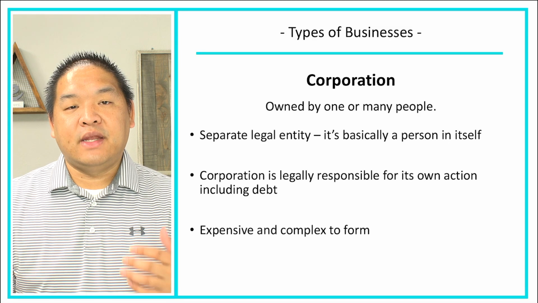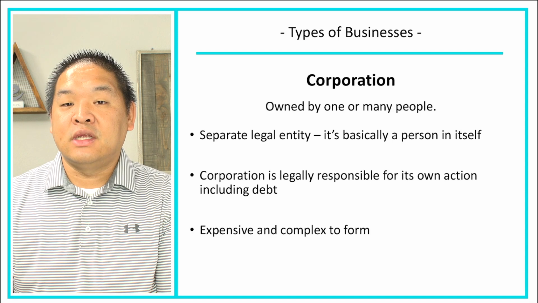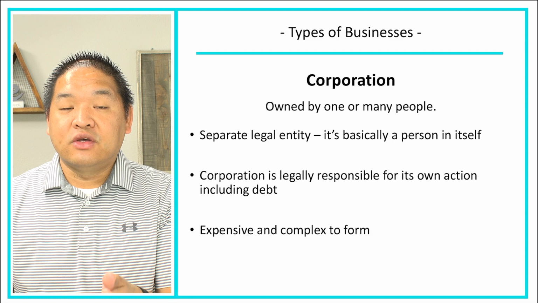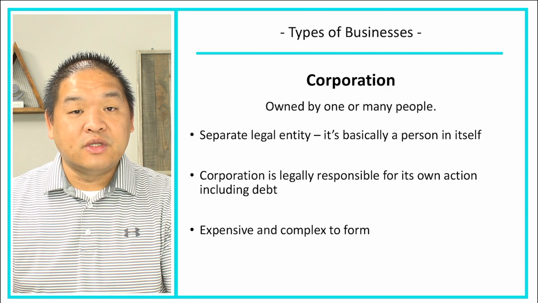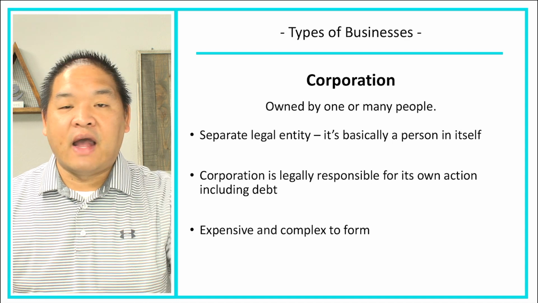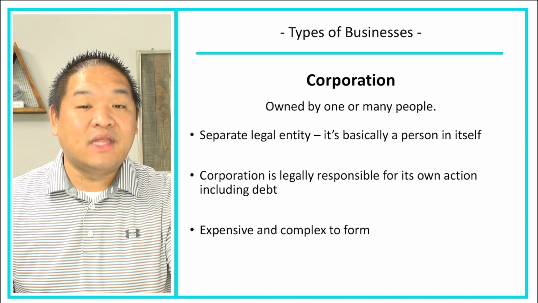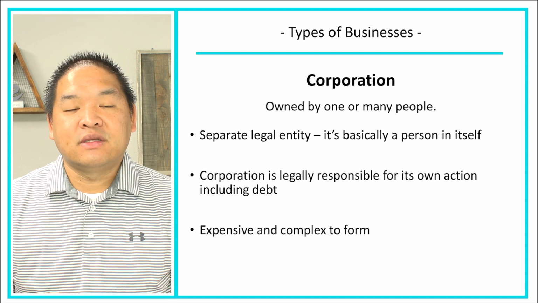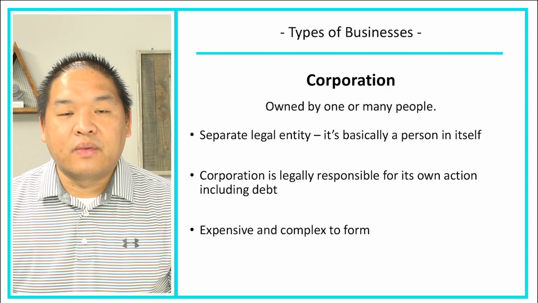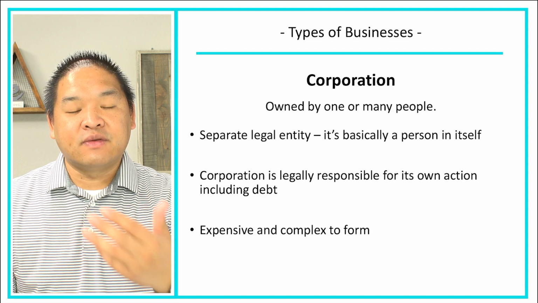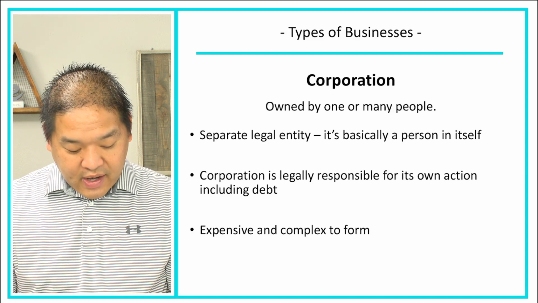Expensive and complex to form. It's relatively not that expensive, but there are expenses associated here that wouldn't be associated with a sole proprietor, for instance. So you might have to incorporate with the state in which you are operating in. Well, there might be a $500 or $600 fee to file that. You might have an annual payment that you have to make to the state, including your tax. Sometimes it's called the minimum tax, or sometimes it's called the annual renewal registration fee. Whatever it might be, there are some fees that are associated with this that are not necessarily associated with a sole proprietorship.